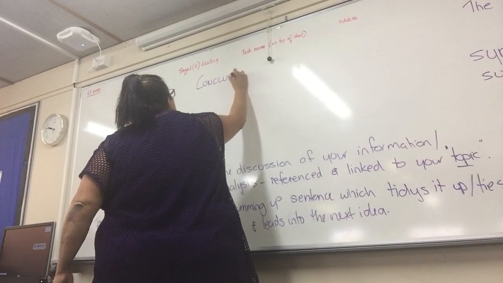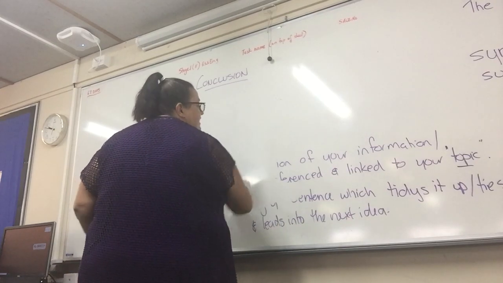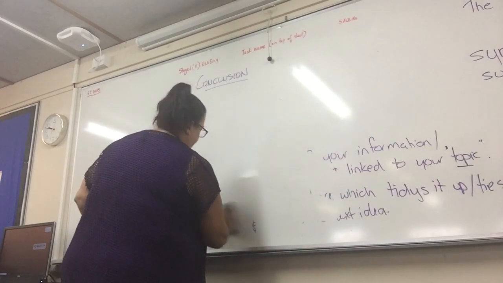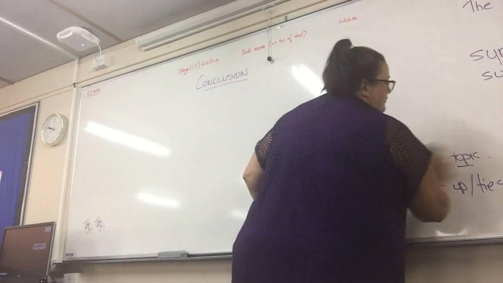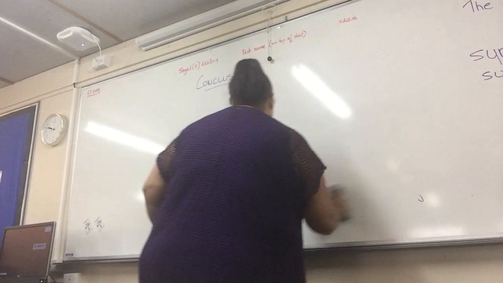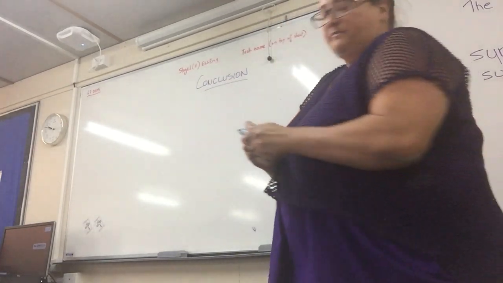The last part of your outcome is the conclusion. So what are you going to tell me in your conclusion? What I've told you. The answer to the question. You're going to tell me what it is you've told me, and then you're going to provide me with an answer to the question. Okay. So in your conclusion,